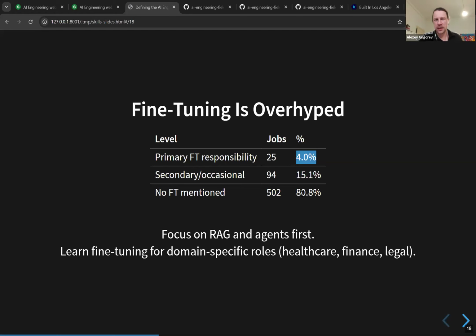In many cases they don't mention it, and only in 25 jobs they say, okay, we fine tune. Compare that with 30% where they need RAG or 35%. So if you're just getting started with AI engineering, you shouldn't really go in depth into this LLM world and understand really how LLMs work and do fine tuning and all this kind of stuff.